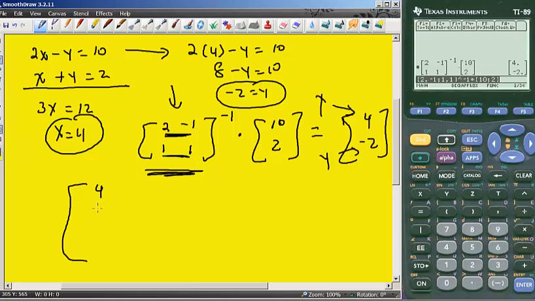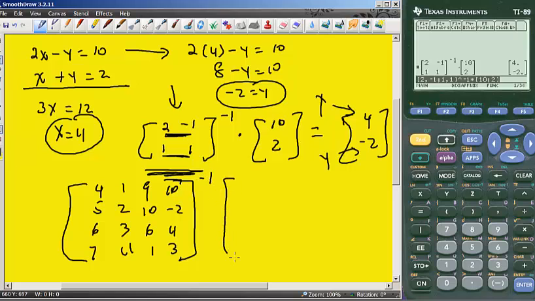Let's make one like, say, 4, 5, 6, 7, 1, 2, 3, 4, 9, 10, 6, 1. And let's say we have 4 equations, so we need 4 unknowns, so we need one more column. So let's say 10, negative 2, 4, 3. And so we have 4 equations and 4 unknowns, and then we're going to take the inverse of that, and let's say my constants column was 1, 2, 3,